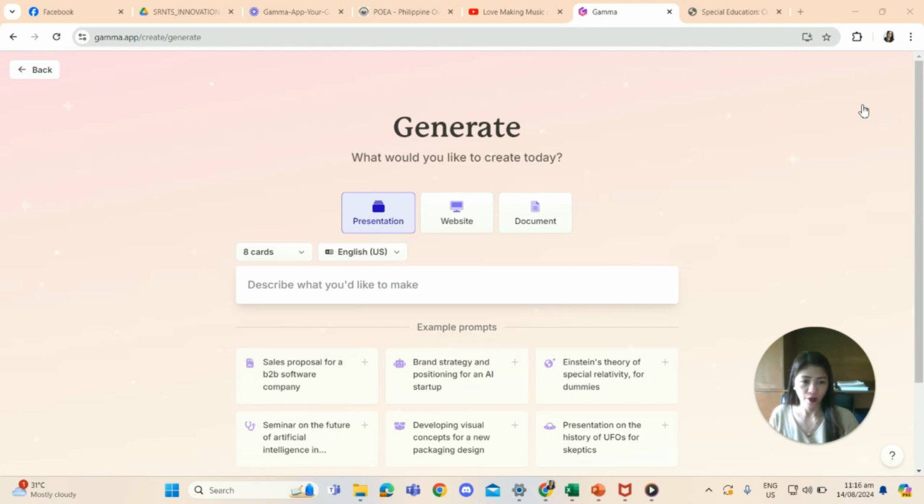Then explore the features. Of course, do experimentation. Explore the interface of the Gamma application to be familiarized with those buttons, because it's really easy like that. Then remember this, that Gamma app is still under development. So just wait for other updates about Gamma.